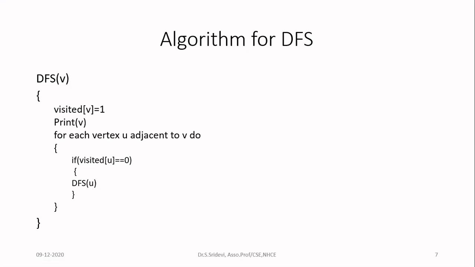Whenever you implement the recursive functions, automatically it will be implemented only with the help of a stack. We have already seen that in case of recursion, whenever you call the function, the activation records will be pushed onto the stack. And when you come outside the recursive function, then you will be popping the activation record from the stack. You will go to the previous call. So to implement this stack concept, here we are using only the recursion. We are not going to use push and pop function explicitly. Instead, we'll be implementing the stack with the help of recursion.